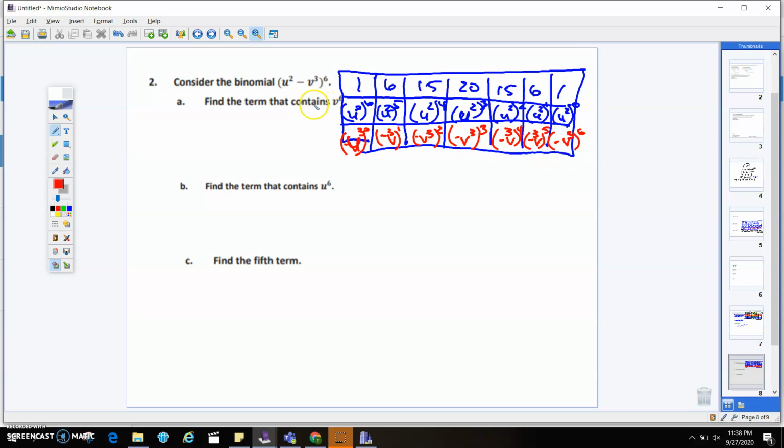Okay, and then it says find the term that contains v to the 6th. All right, so here's the tricky part. Okay, because this question really isn't specific in the sense of the term that contains v to the 6th kind of happens in 2 places depending on how this question is kind of